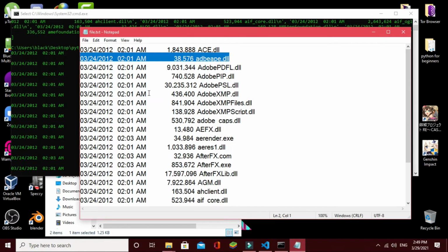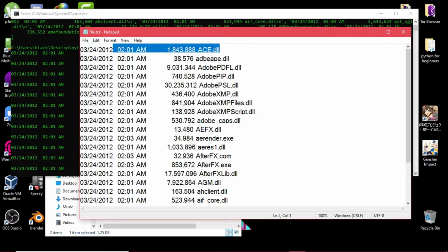Okay, now let's say we want these dates in a separate array, these times in a separate array, these sizes in another array, and these names in another array.